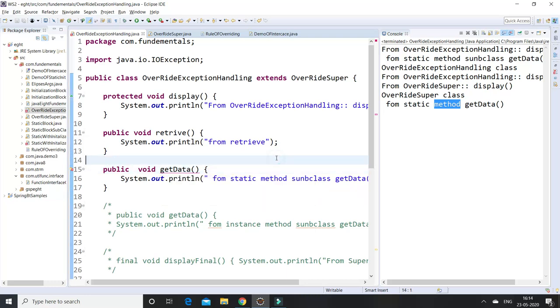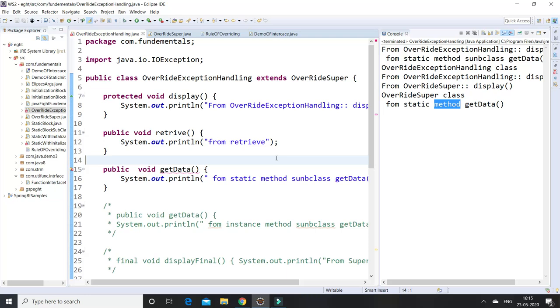So private methods, static methods and final methods cannot be overridden. One thing is how to handle exceptions using method overriding: if we declare an exception in the parent class level, we can declare the same exception in the subclass level.